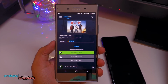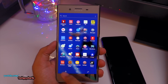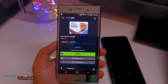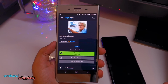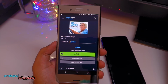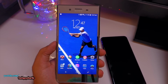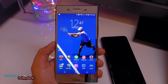So 4K HDR content is very scarce. You're not going to find it easily, and most of it is paid content, and I don't really see people buying 4K HDR videos. To be very honest, most of the videos on Amazon Prime are in 1080p rather than 4K, and HDR is once again very scarce. So I think the 4K and HDR capabilities of the Xperia are quite limited because the content is just not available yet. I think 4K and HDR are still quite ahead of their time. Maybe 5 years down the line I will see more HDR and 4K content on Amazon Prime and Netflix, but